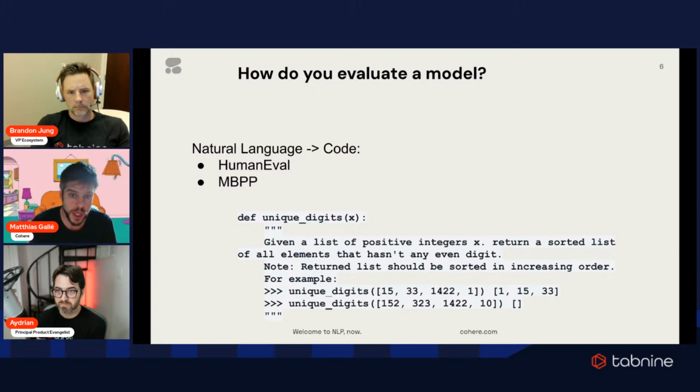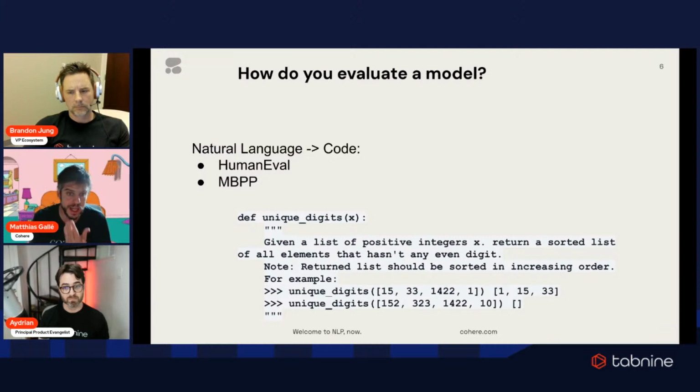And so the most standard ones are those you might have heard about, HumanEval, or MBPP, which stands for Mostly Basic Python Problems. And those evaluation sets, the way that they are done is that they're assuming that your prompt, what you put inside the model, is a natural language query, and it's a description of a problem. And the output, what you're expecting, is actual code that you can copy, paste, and run.